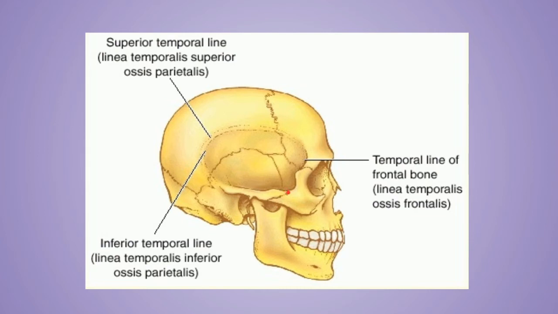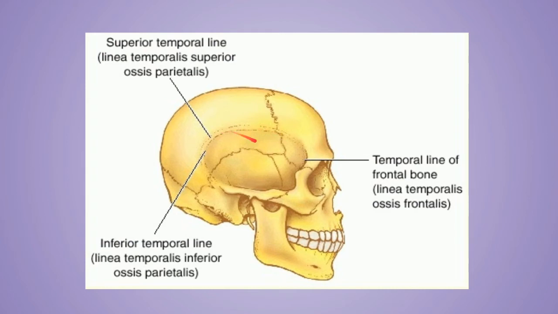The temporal lines begin at the zygomatic process of the frontal bone over here, and they will arch backwards and upwards and cross the frontal bone. As you can see, this is clearly visible from the diagram. Let's look at the diagram, it will be easier for you. Frontal bone, and then it passes to the coronal suture. As you can see over here, this is the coronal suture. Somewhere over here it will be the sagittal suture, and this is the lambdoid suture. So it will go to the frontal bone and then cross the coronal suture over here and the parietal bone.